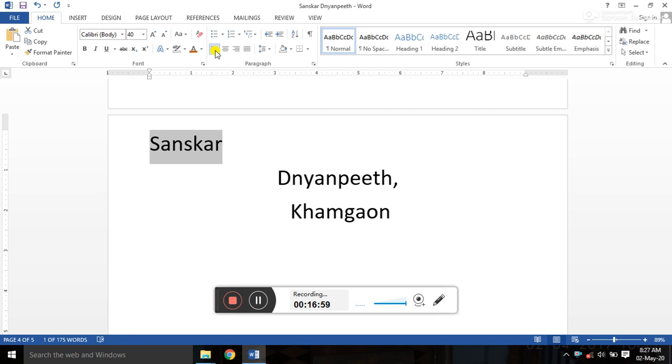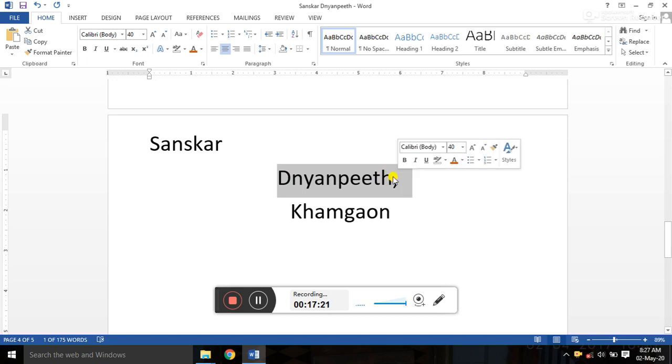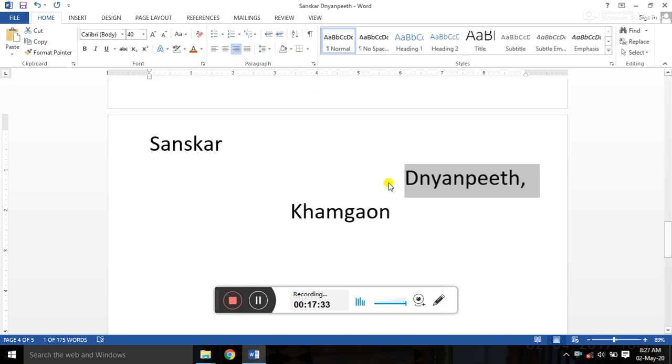Because here in Word, keep in mind, we can perform an operation only on the selected text. While performing the operation, first of all select the text, after that click on the option whichever you want to perform. Now see, again I want to select that word and take it to the right side of a page. While keeping that text selected, click on the right alignment, see that word will get to the right.